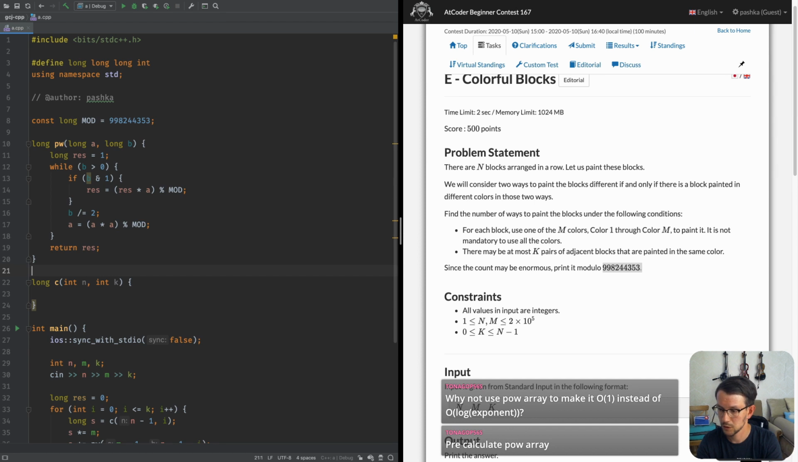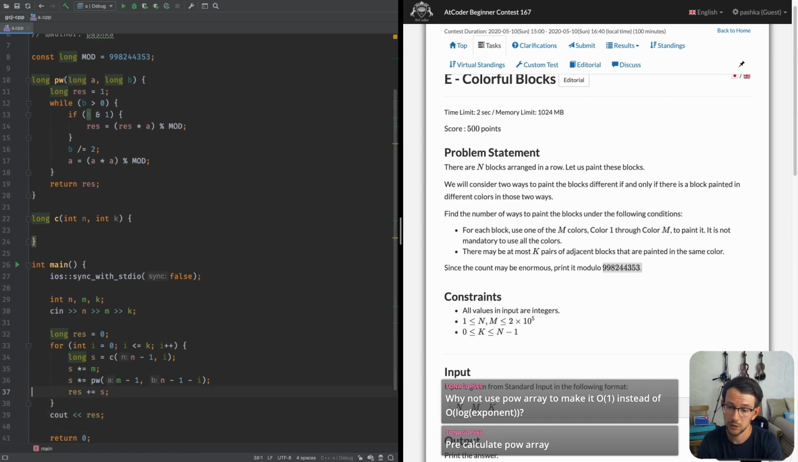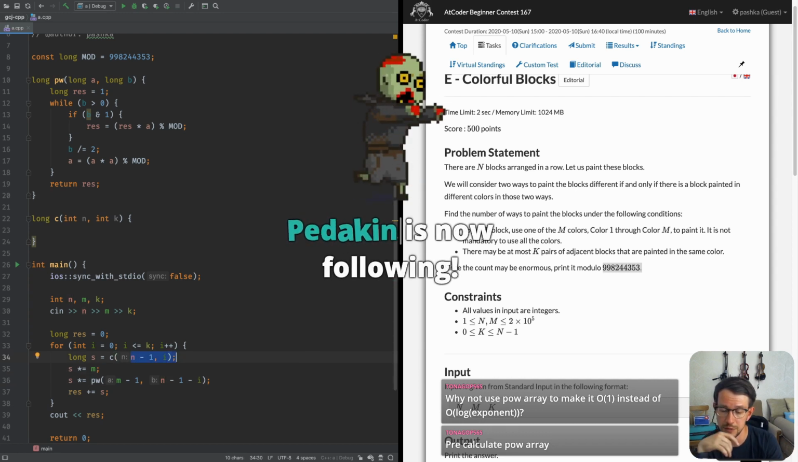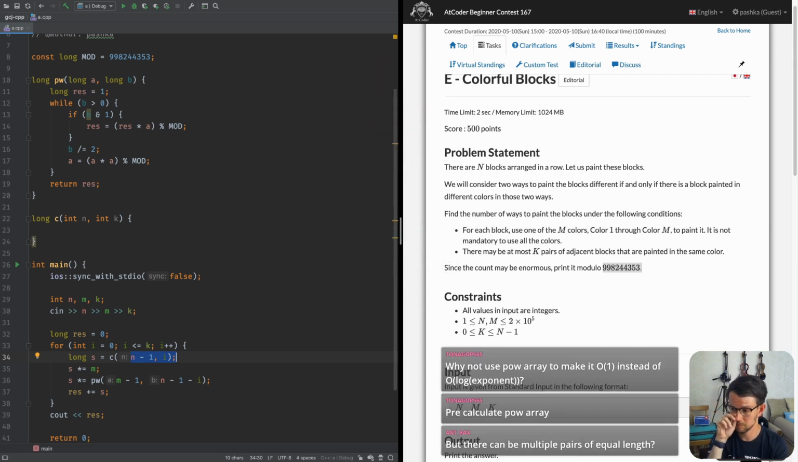Recalculate. How can I pre-calculate it? I need to have different powers. Pre-calculate, if I only use powers of this n minus 1. But I still need this binomial coefficient, so I still need some way to calculate these factorials and stuff. I already implemented it, so